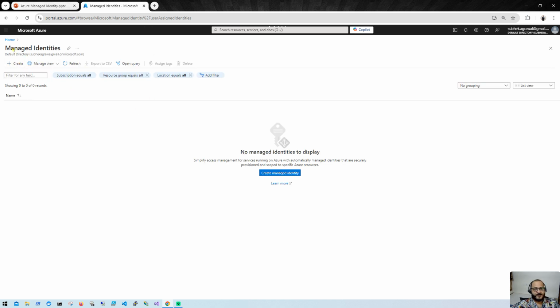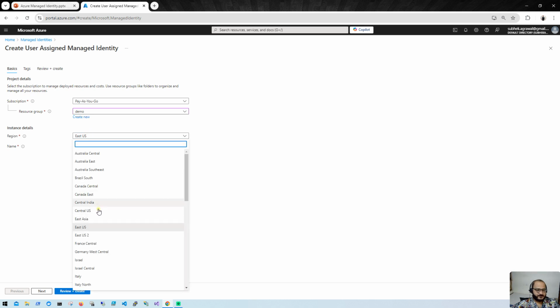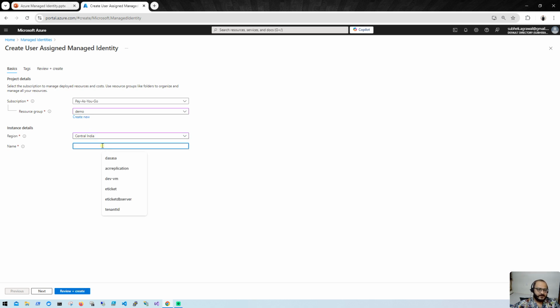So here, from managed identities, you can only create user assigned managed identities. System assigned managed identity you cannot create. Microsoft will create that for you in the backend as soon as you enable it for any particular resource. So let me choose my resource group demo, and the region Central India, and let me give a name: demo user assigned managed identity,